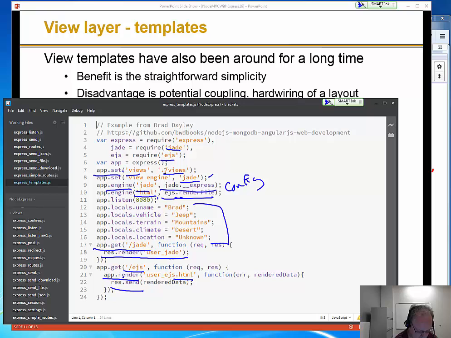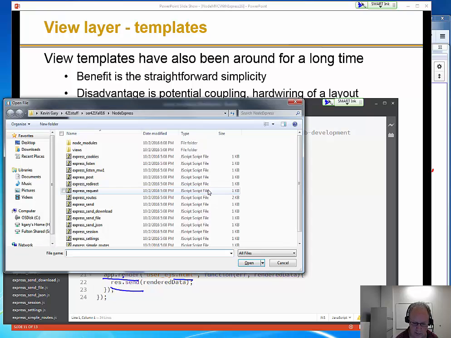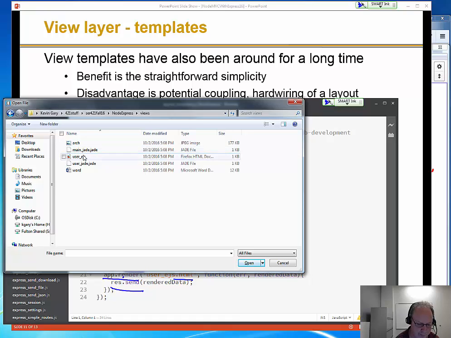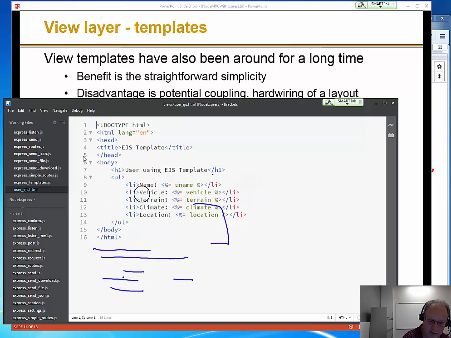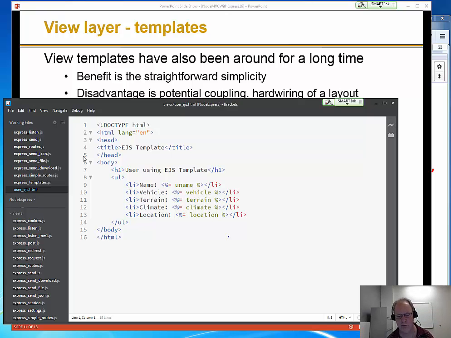If you actually look, I can do it right here within brackets. If I look at the views, here's the EJS, and again, let me clean up real quick from the previous one. So if you look at the EJS template, this is HTML, right? You see all the HTML tags around it, except we have the same kind of concept we had with server-side scripting, server-side includes, where we are embedding special syntax that the template engine will go and look for, so it can do the